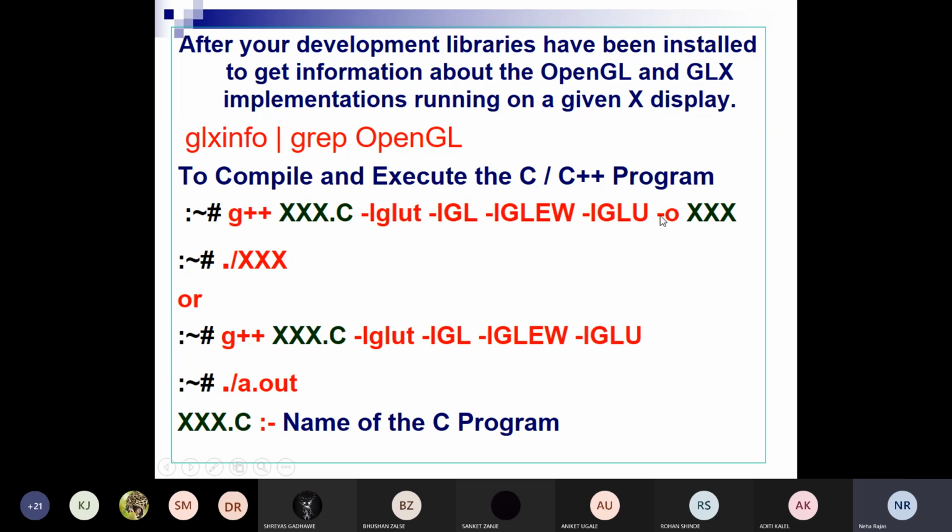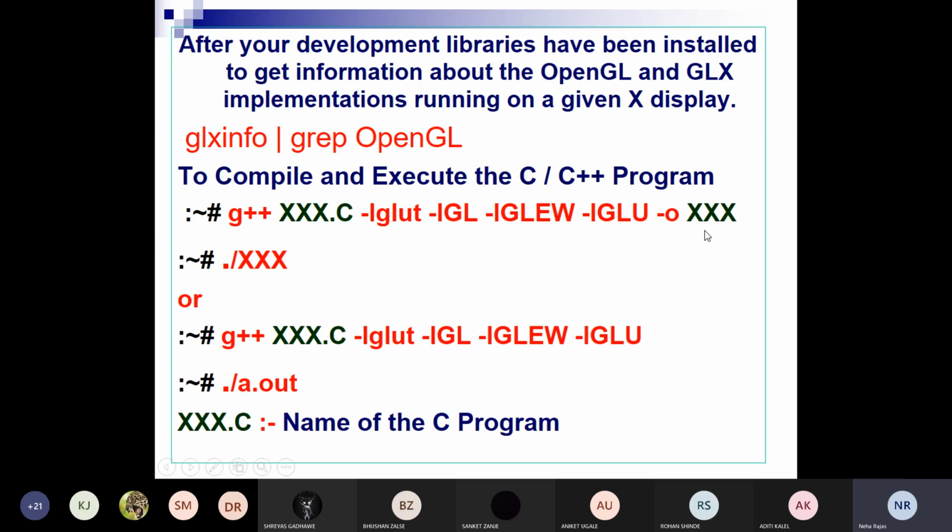If you write -o xxx, where xxx means the file name you want to store, here I have given access.c as the name of your C program. Then at the time of running you have to give the command ./xxx. But in the last lab session, we gave the command a.out.